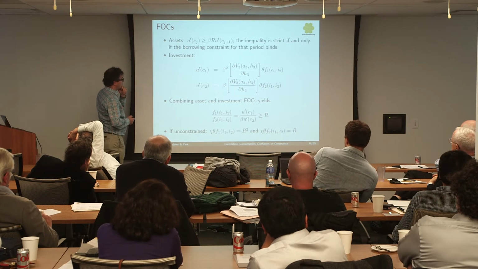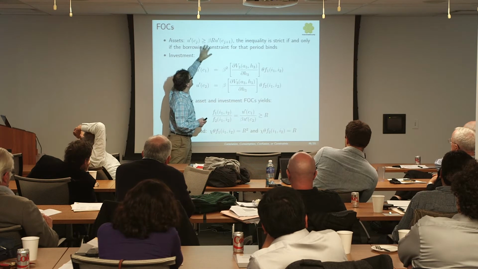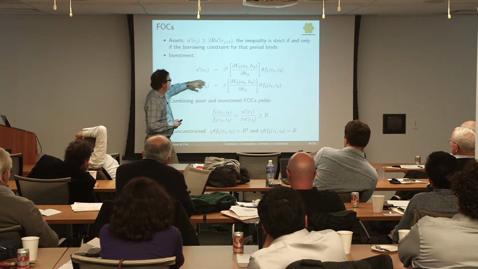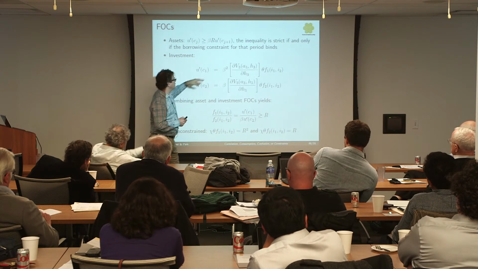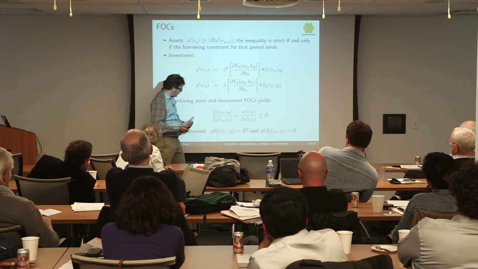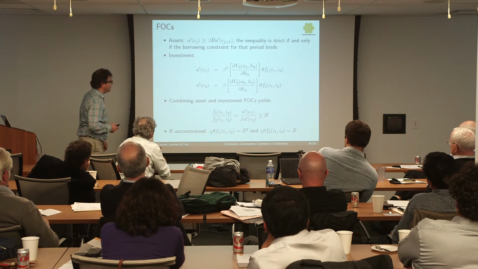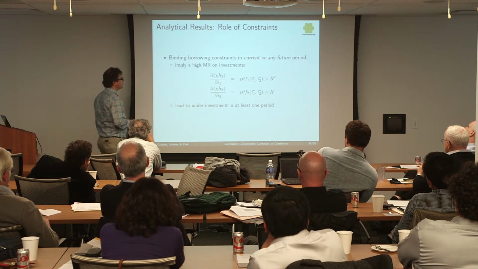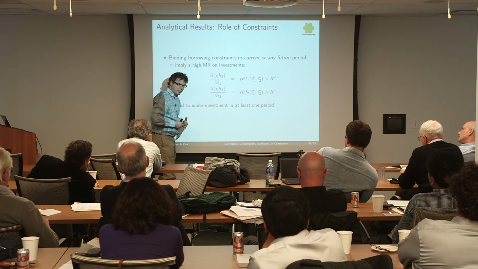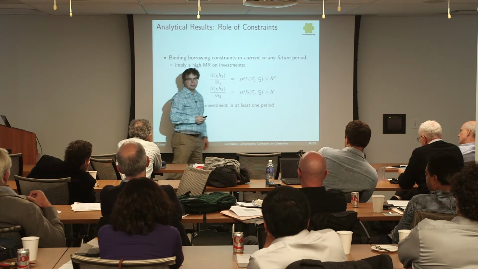What do you get out of this world? Well, now there may be a wedge. You may not be able to equate marginal utilities of consumption. That's what to be constrained means. You equate the marginal value of investment now to the marginal value of consumption in that period. If you're unconstrained, you're equating the marginal return to the return on savings. On the other hand, if you're borrowing constrained in that period or any time in the future, if you had uncertainty, if you ever might be borrowing constrained, you're going to have a high marginal return relative to the return on savings.